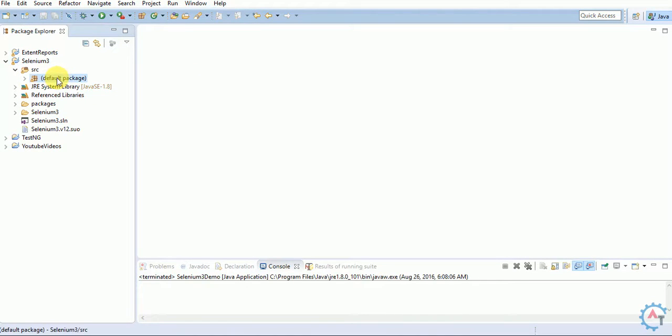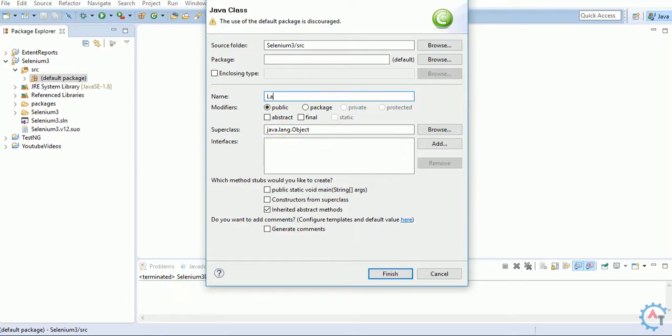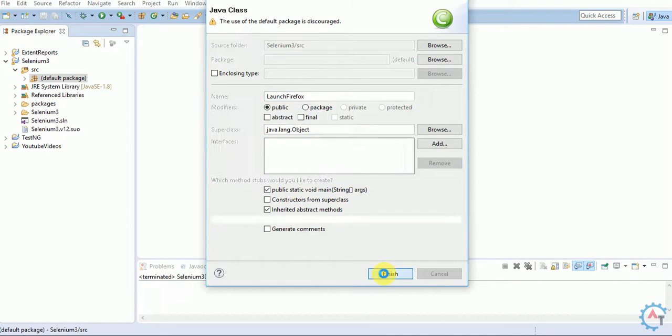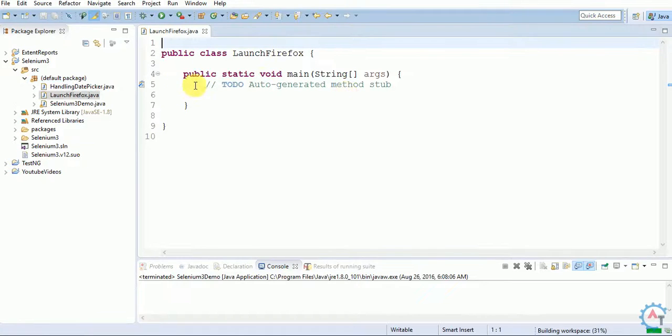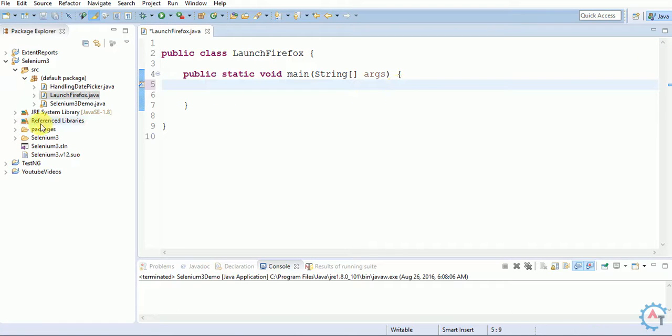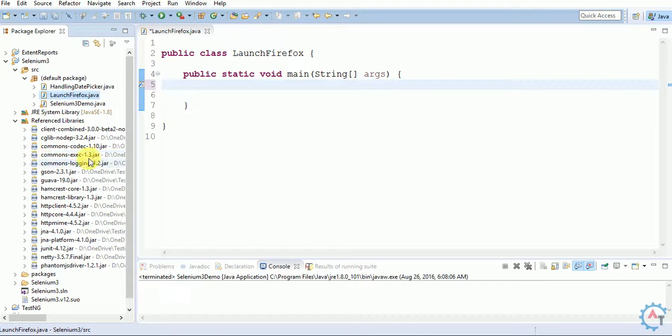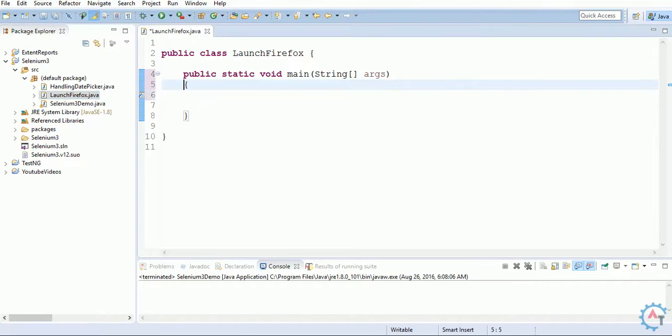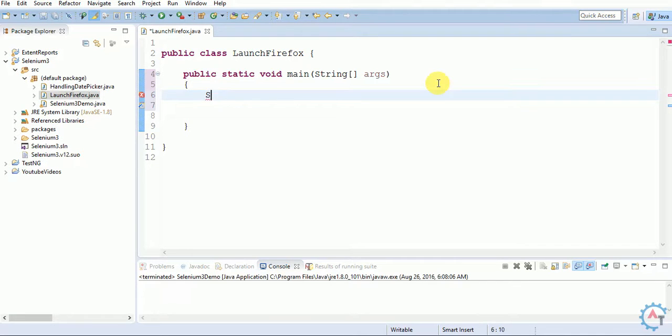I'll create a sample class, I'll call it LaunchFirefox. It's a normal Java program. In this, I have added the jar files of Selenium 3 beta 2. Normally, you would write WebDriver driver equal to new FirefoxDriver.